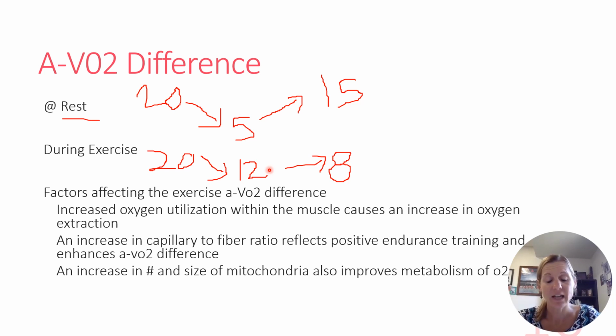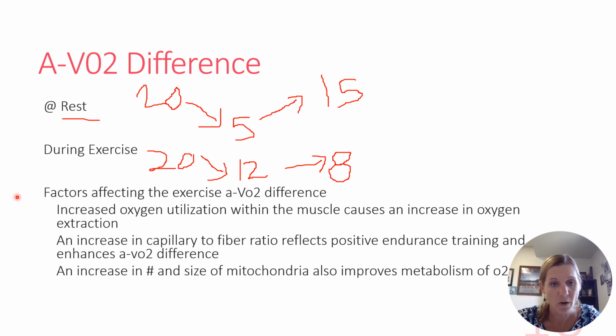Okay. Us getting air into the lungs, no big deal. Us getting air from the lungs into the blood, also very good. 98%. We're very good at that. We're not good at dropping off the oxygen at the level of the tissue. This is a limiter for us in aerobic exercise.